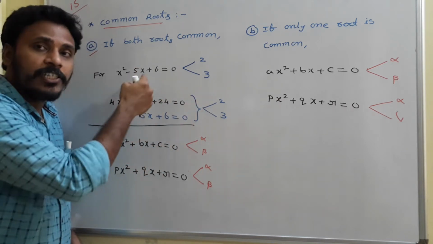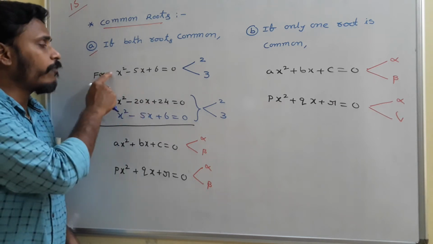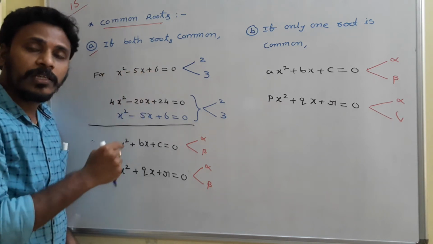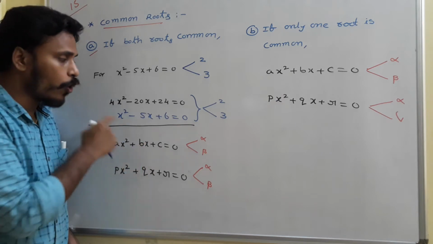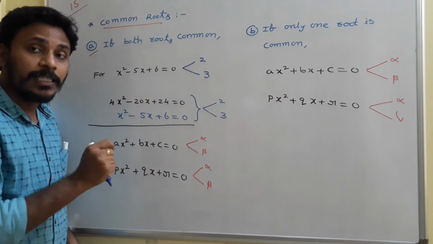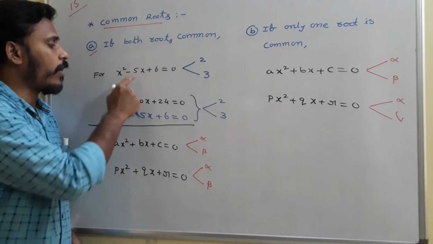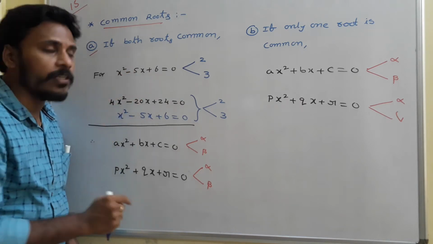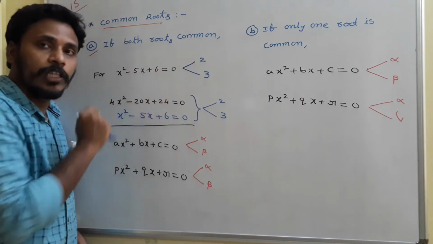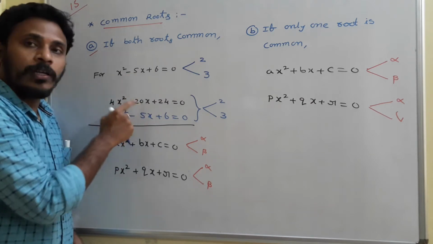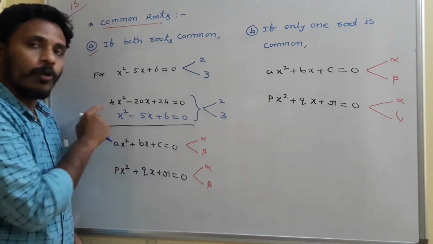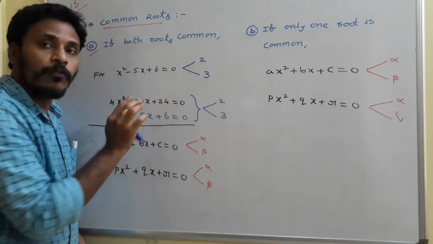When you pay attention to the coefficients, every coefficient of the first equation is just multiplied by 4 to get the second equation. In the sense, the ratio between the x square coefficients as well as the ratio between the x coefficients as well as the ratio between the constants. Okay, 5 by 20 is 1 by 4, 1 and 4, 1 by 4, 6 and 24, 1 by 4,